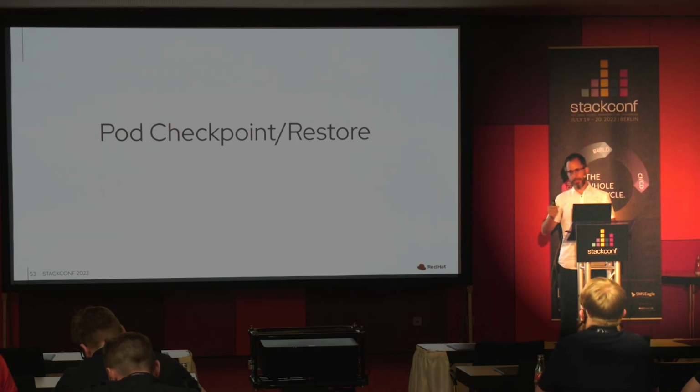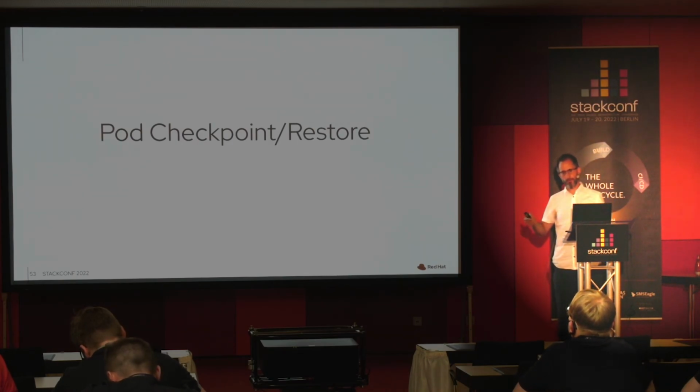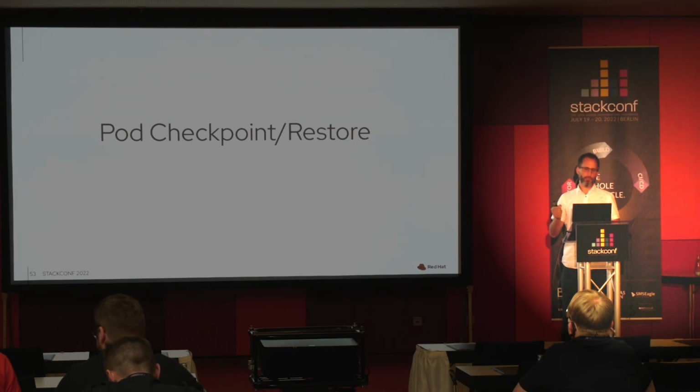This is, in the end, pretty easy. I just loop over all the containers in a pod, checkpoint them all, include some metadata for the infrastructure container if there's one, and then I can easily restore it without a problem. We haven't discussed this as part of the current KEP and code which was merged into Kubernetes. The thing is,